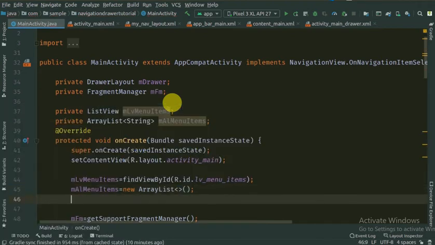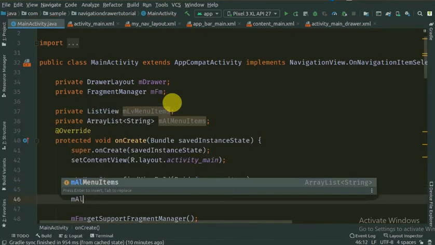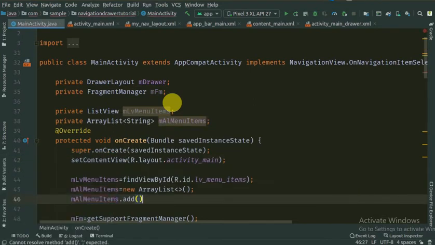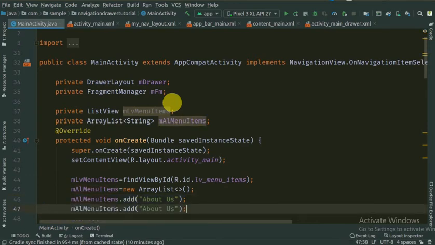Now let me add some string values in this array list, and that we will include in our list. So first of all, the menu item is About us. You can use string resources to add items in the array list. So this is About us and Contact us,